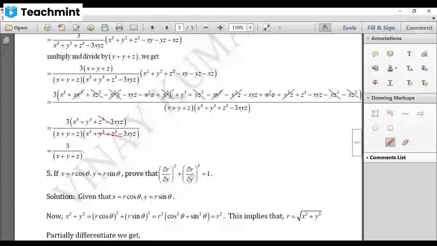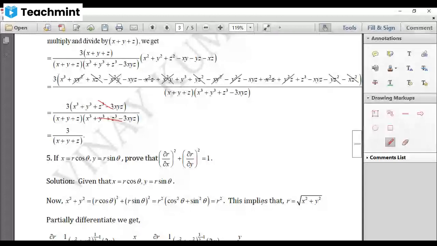So what they are given is this, we need r, isn't it? So what I'll do is, I'll find x square plus y square. What is your x? R cos theta whole square. Y, r sin theta whole square. So r square comes out. Cos square theta plus sin square theta is 1. So simply r square is there. But we need r. Therefore, take square root on both sides. So that you will get r equal to square root of x square plus y square. Now we can differentiate this with respect to x and y.